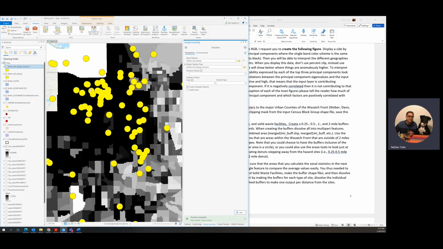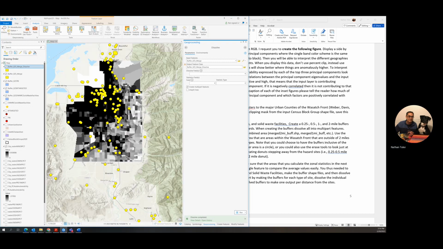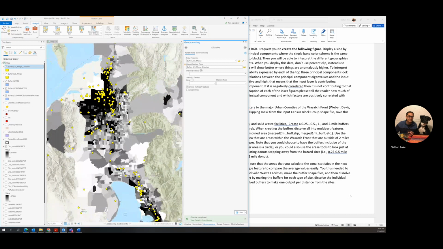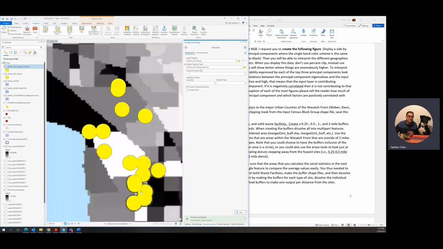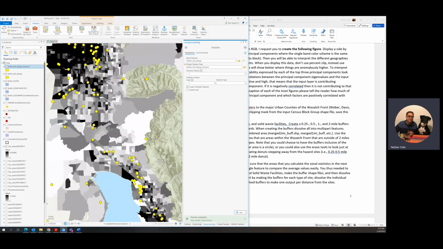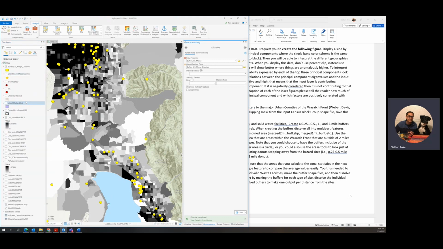Now they're all combined as one feature. Okay. And so those are radial buffers out from the sites within 0.25 miles of all those features. And so if you want, once you're done with these things, you could remove those intermediary steps. And then we go back